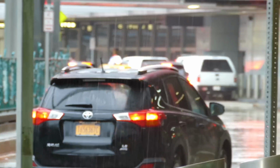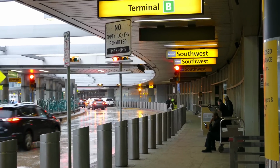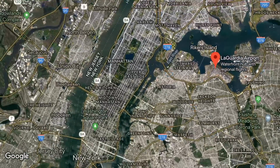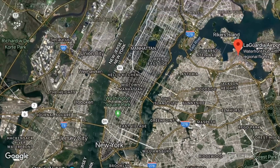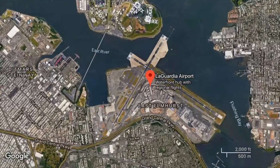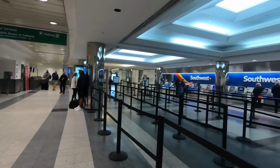LaGuardia is New York's third airport, but still serves a considerable 30 million passengers every year. Located in northern Queens, it's the closest airport to the centre of Manhattan. I've often heard bad things said about this airport, and this was my first time passing through. I didn't know much about this airport before I travelled, and I have to say it left a positive impression